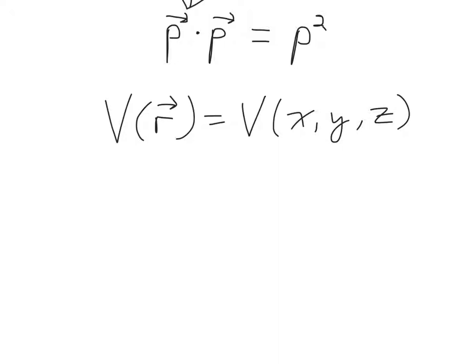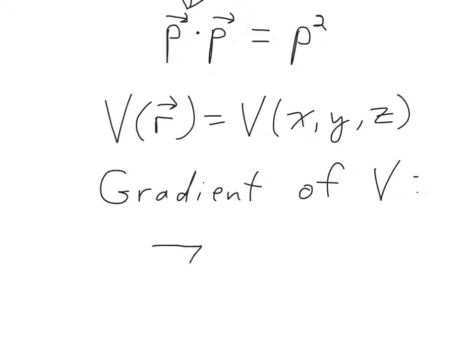We introduce a notation here called the gradient. So the gradient of v. v is just a number which is a function of x, y, and z. The gradient of v gives me a vector at every position, and the gradient of v is indicated by this upside down delta. Put an arrow above it to remind us that it's a vector. It is defined as the vector